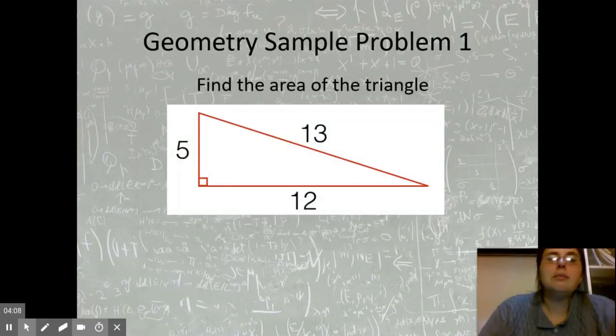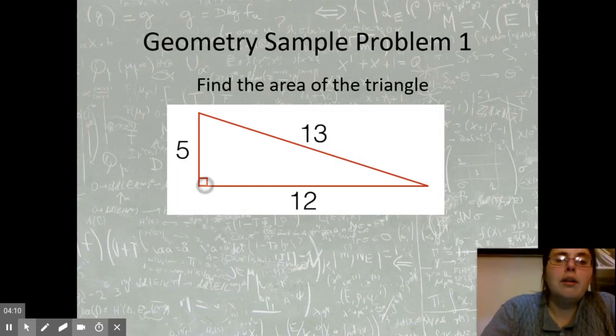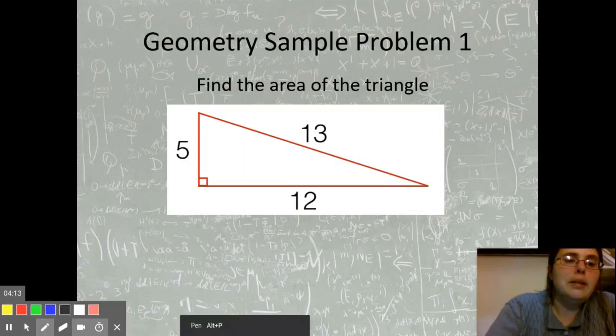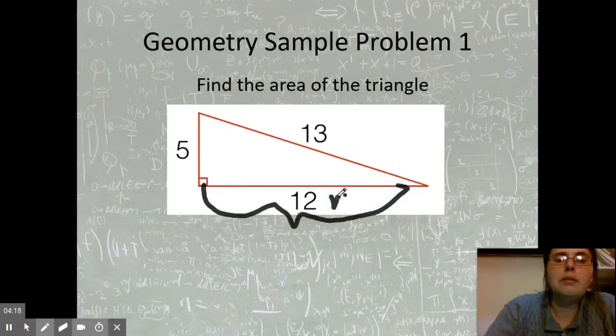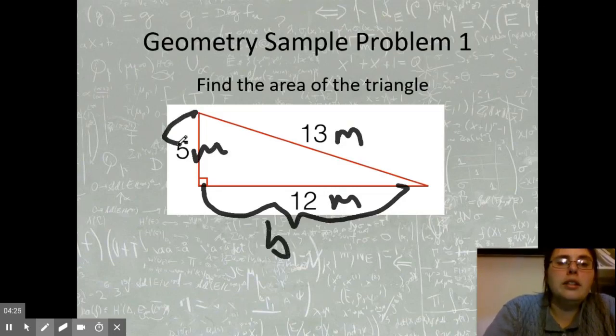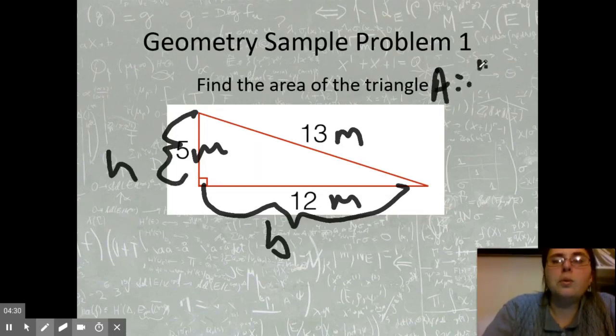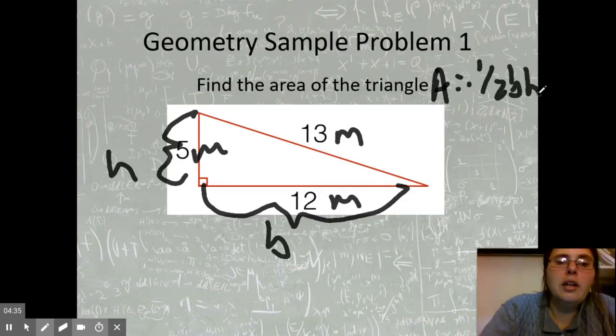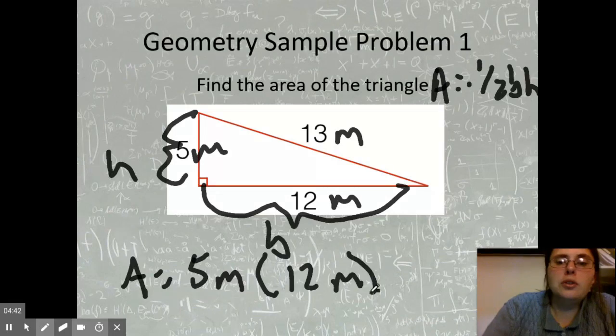So here is an example problem of the triangle. The bottom can be the base. And I'm going to put some units in just so that you can see what happens with them. And then this here is the height. And remember, the area of a triangle is 1/2 base times height. So then we're looking at the area, and that's 5 meters times 12 meters, and we're going to take half